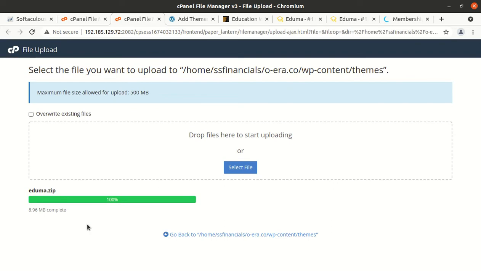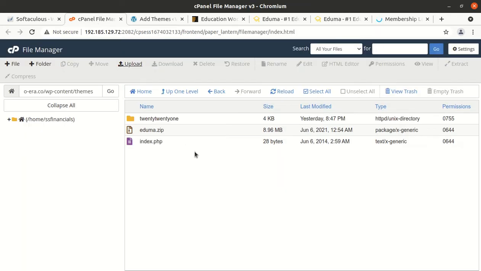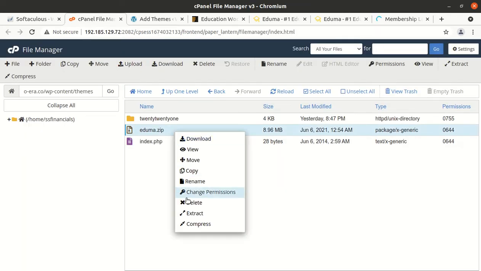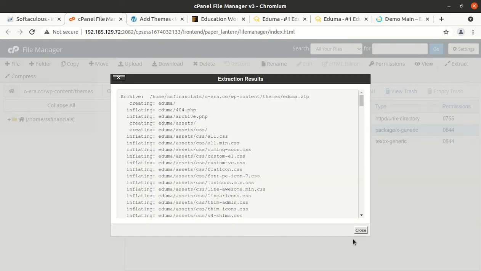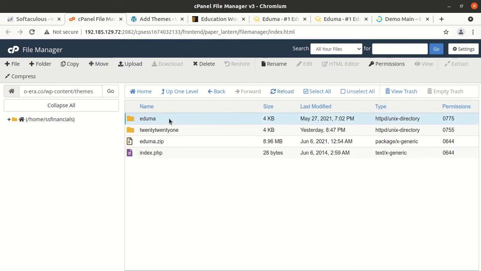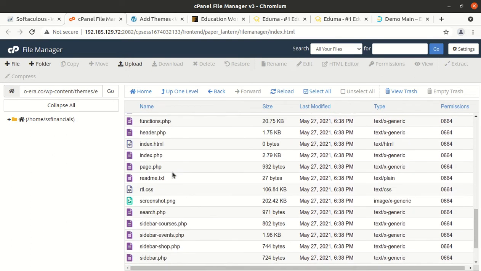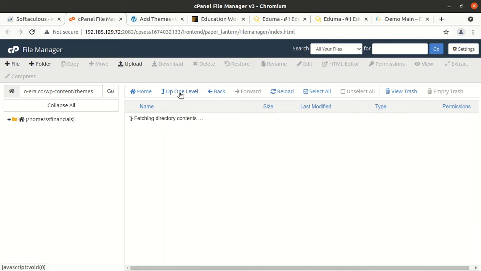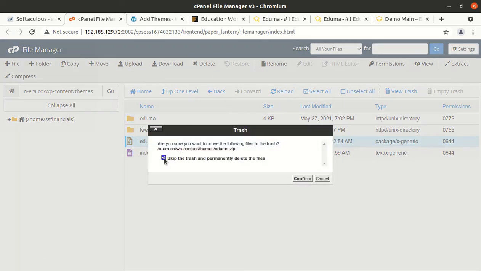Now let us check. Yes, it has been uploaded, and once the progress bar turns green with 100%, we can go back and extract the uploaded file. Okay, the extraction outcome is this Aduma folder in which we got all the theme components. Folders and files are here, and now we can delete the zip one, it is not required.